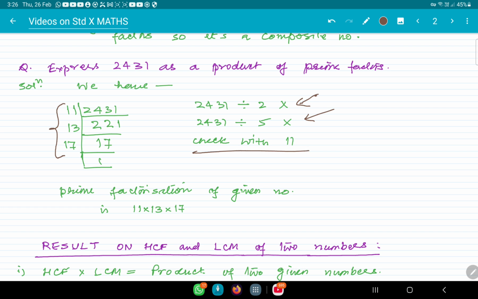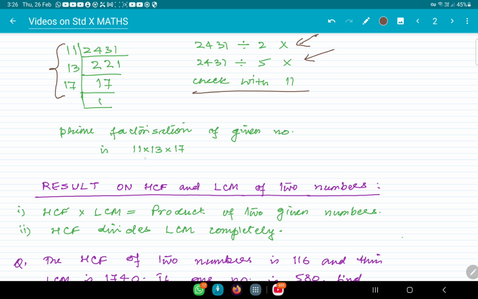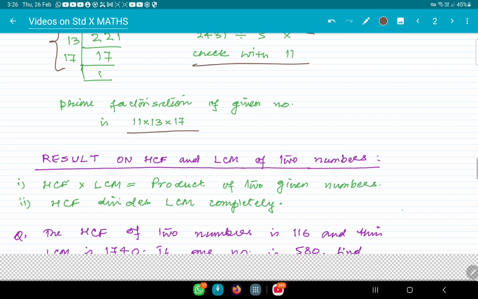So check with 11, and after 11, 13 and 7, so it is a prime. So the given number 2431 can be prime factorized as 11 into 13 into 7. Okay,